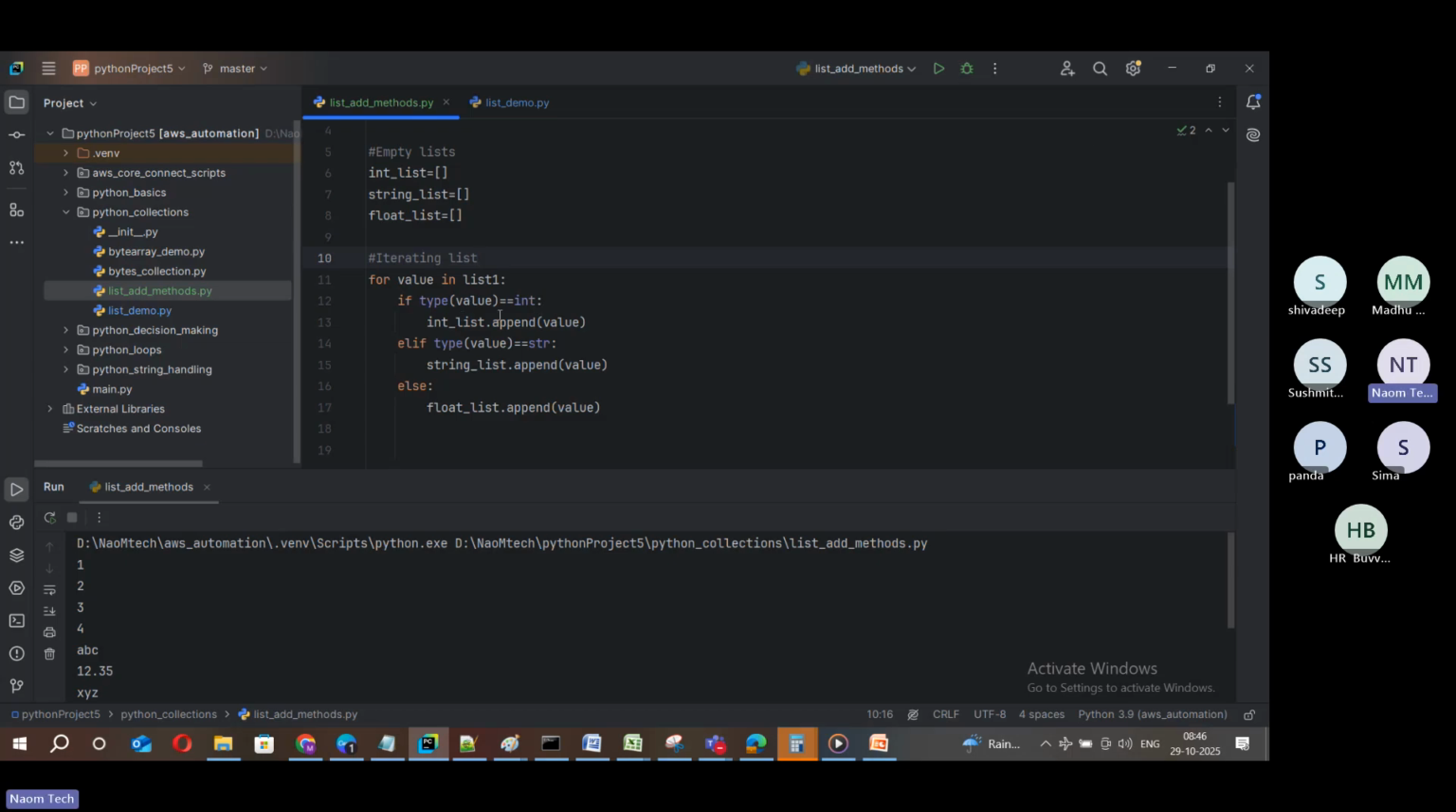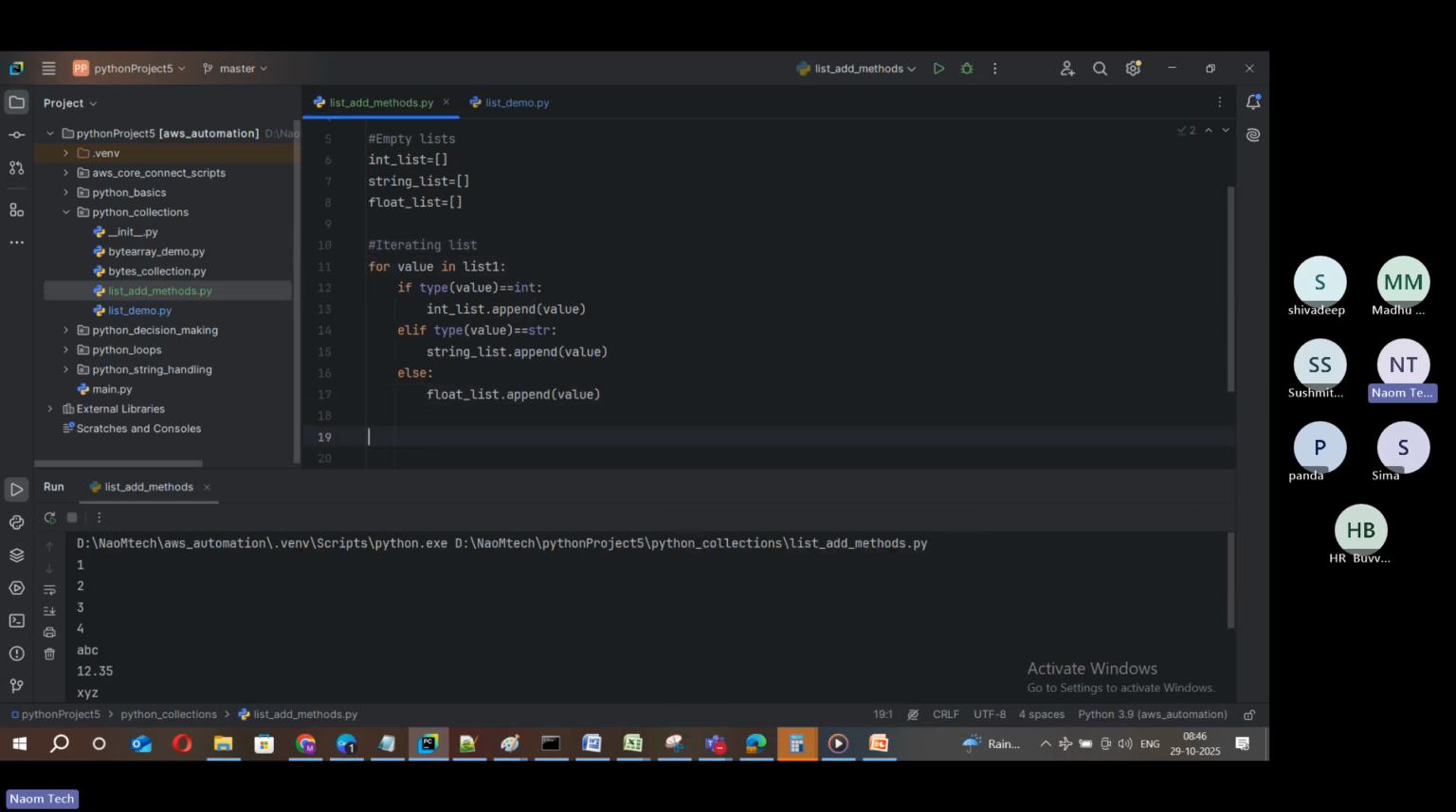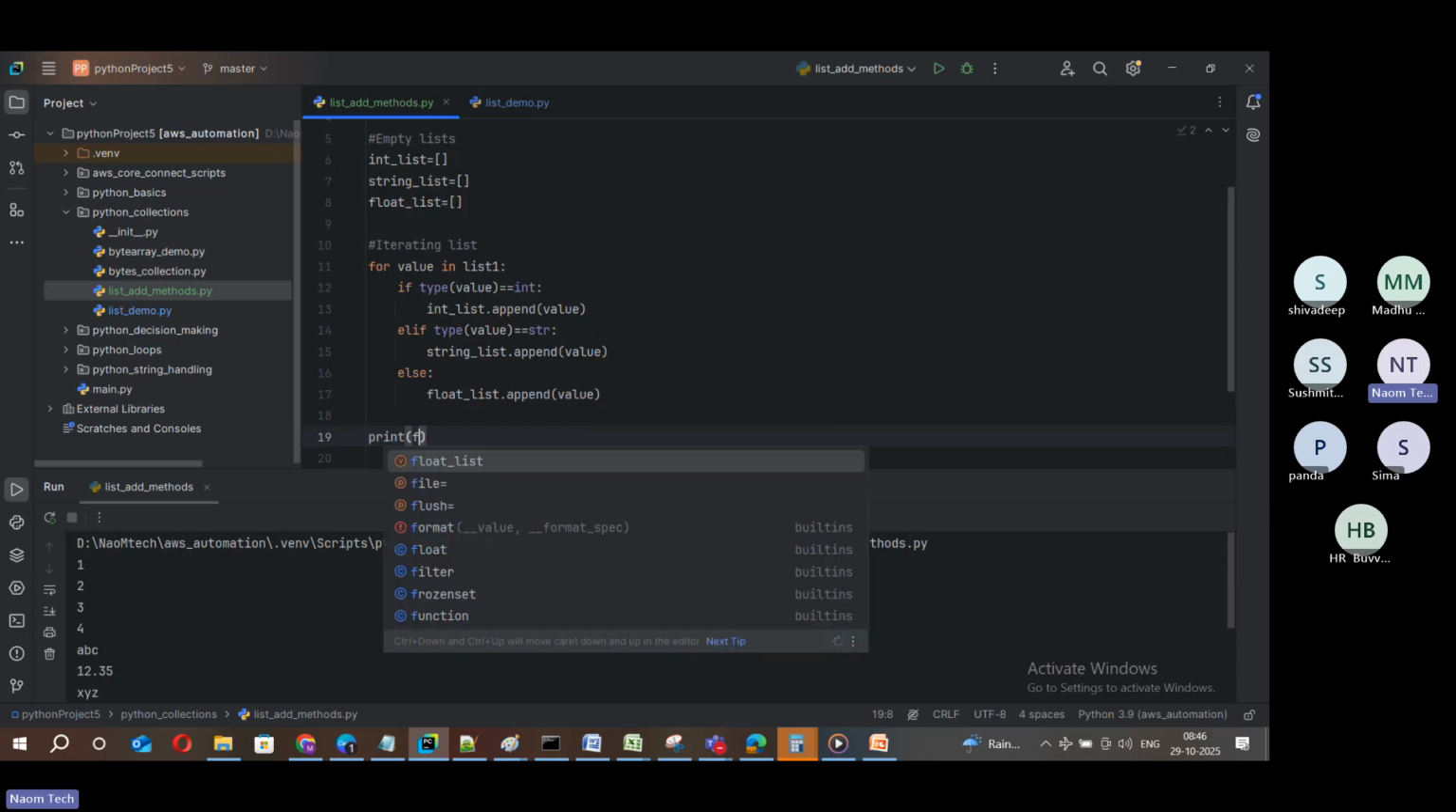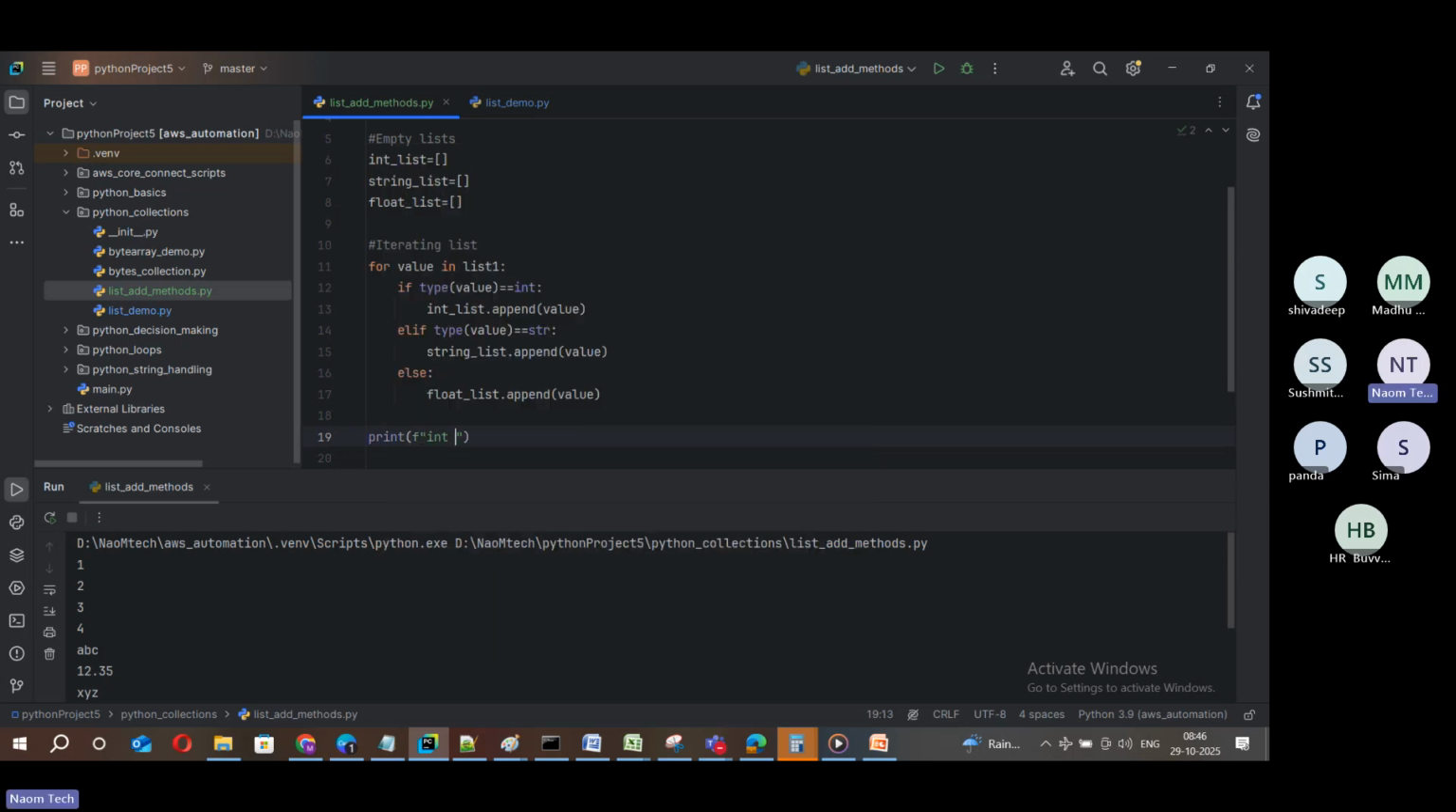Okay, let's run this. Not ID, we need the type method. Somebody typed ID. Let's run this, friends, and do one thing. Print it. Now print. Use a string. The int list is